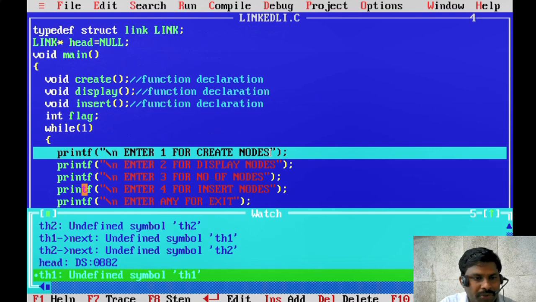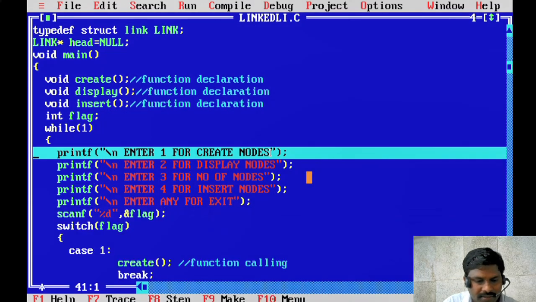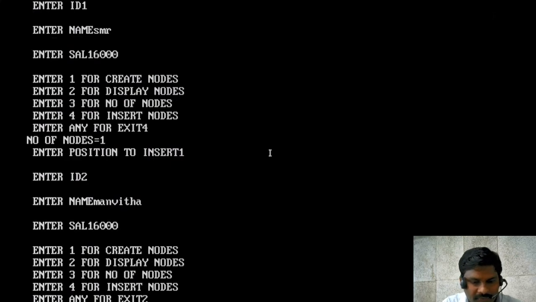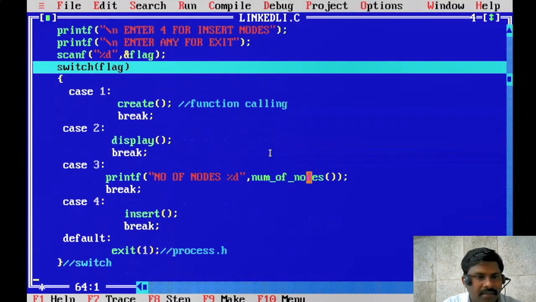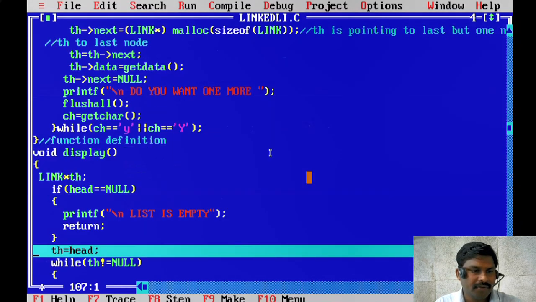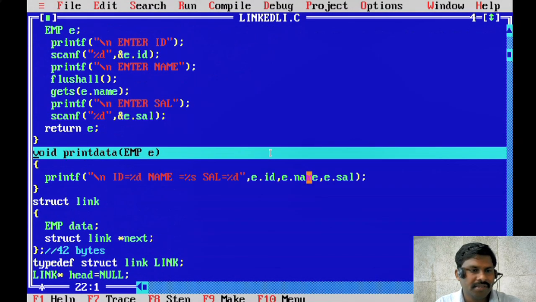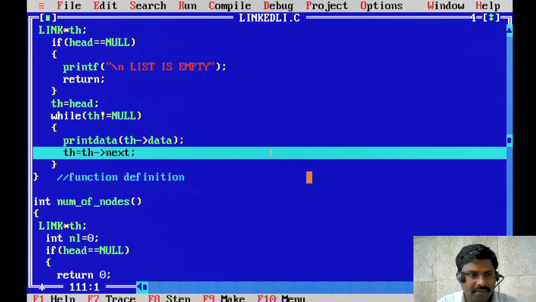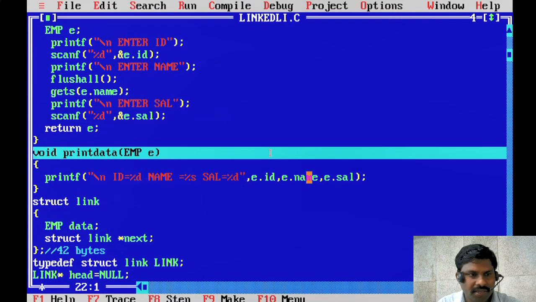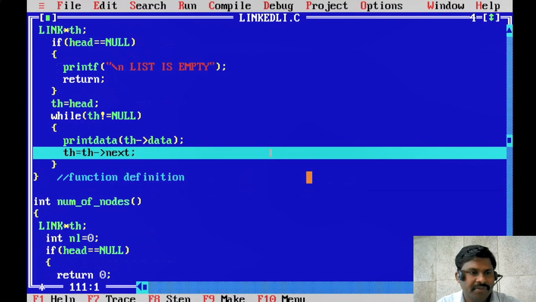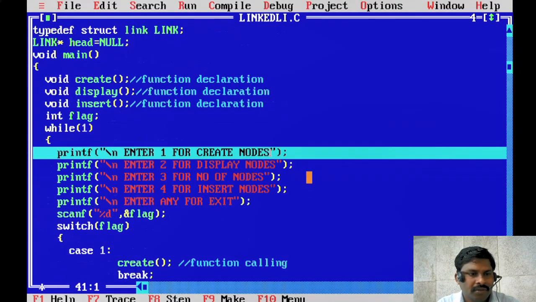Now I want to show you display. First node, F7. Display, F2. First node is 2, Manvita, 16,000. Display. Here the first node is, Alt F5, name Manvita, salary. So F7, condition. Second node is the first one, SMR, 16,000. So F7. Okay, now